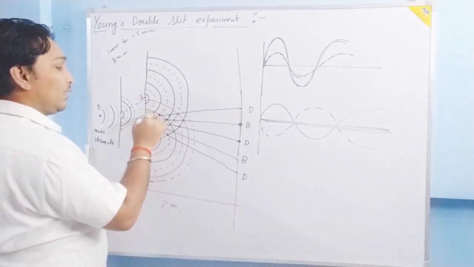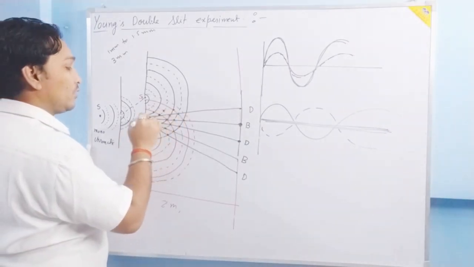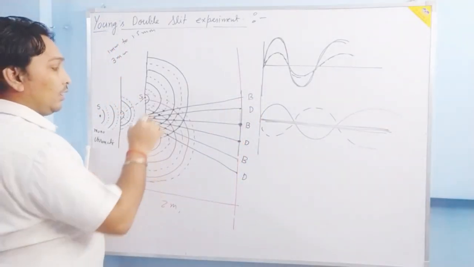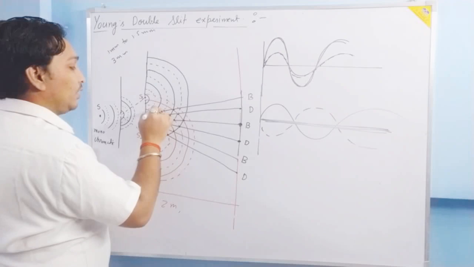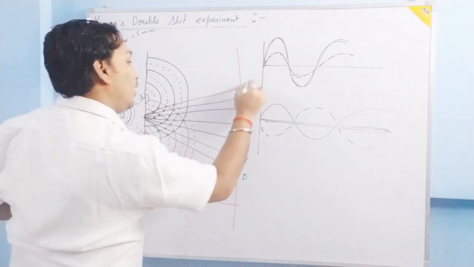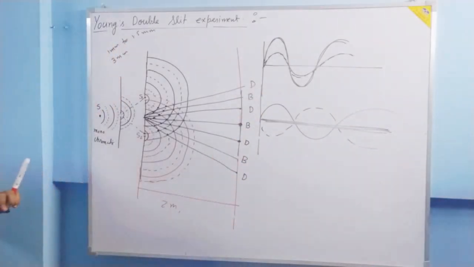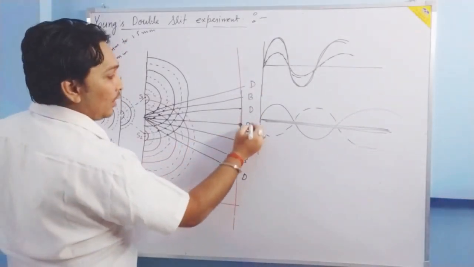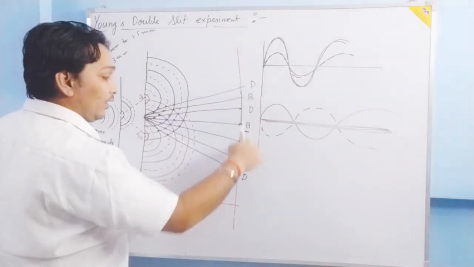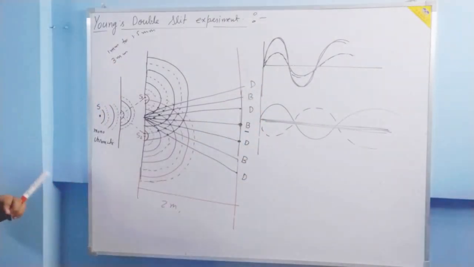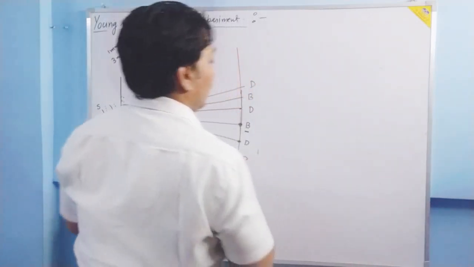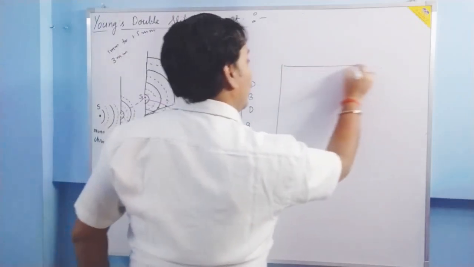And just above it, crust, trough, crust. So what we are going to have? A bright light. Above it, what we are going to have? Just see here. They are meeting in opposite phases. So what we are going to have? A dark light. What you are able to see, at the center we have a bright light, then it is surrounded by dark, then again we have bright, then again we have dark. This happens downward also. So in the screen, if you look at the screen from the front, we are going to have this pattern.